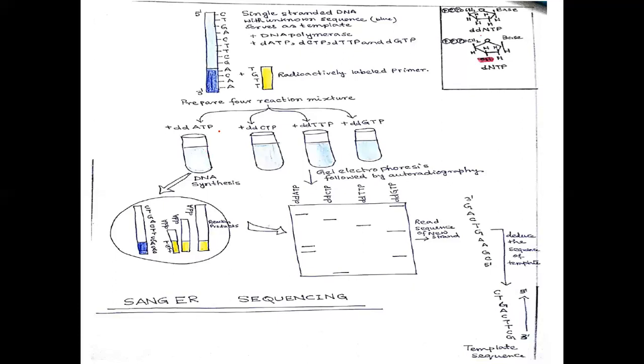But whenever they require A, when dideoxy ATP is bound to it, then after this dideoxy ATP, since it doesn't have any free 3' OH, the next nucleotide cannot be added and the chain elongation process will be stopped. So thus we will get some fragments of DNA here, some here, some here, and some here. After getting all of these fragments, if we do agarose gel electrophoresis, we can get different banding patterns.